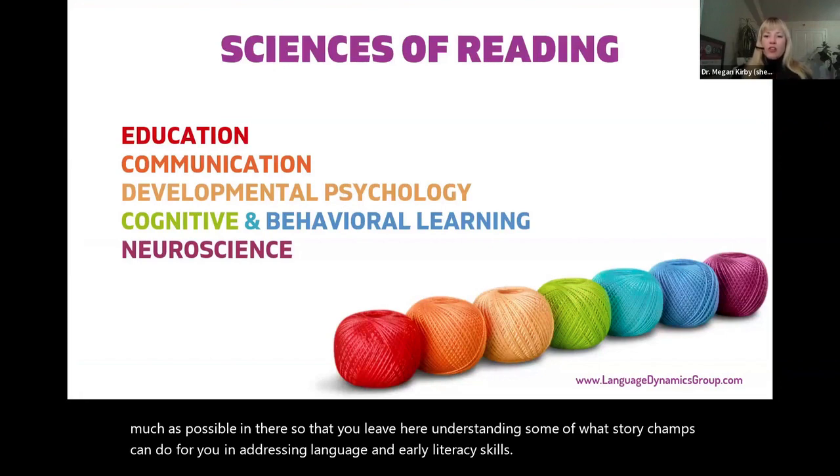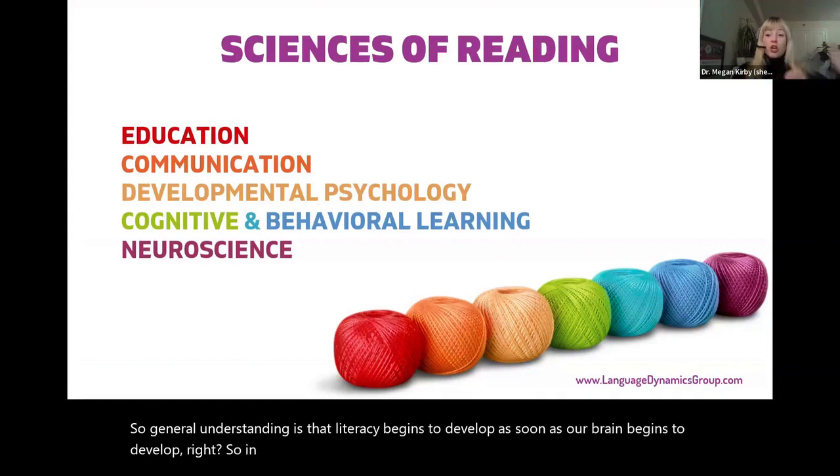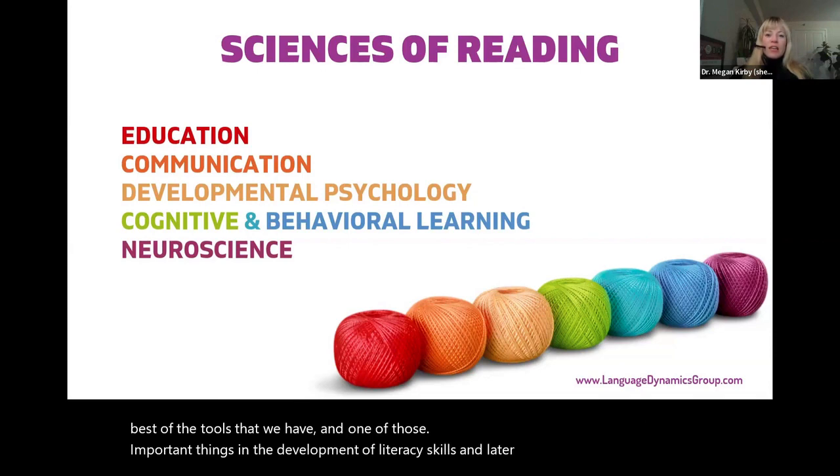So general understanding is that literacy begins to develop as soon as our brain begins to develop. Right? So in utero, we know that research has shown the phonological processing system starts to develop. That is before you're out of the womb, right? So we want to make best with the tools that we have. And one of those important things in the development of literacy skills and later on reading and writing is early